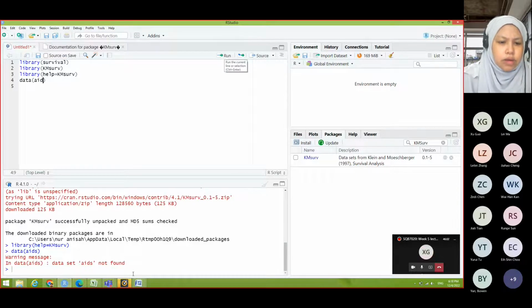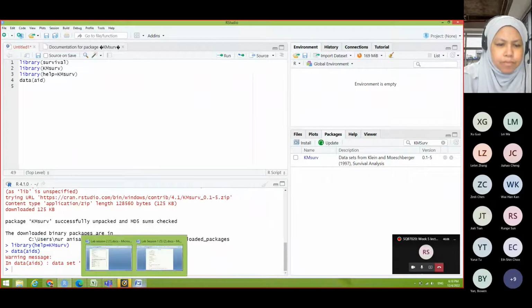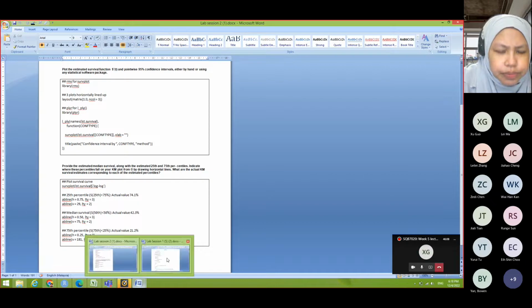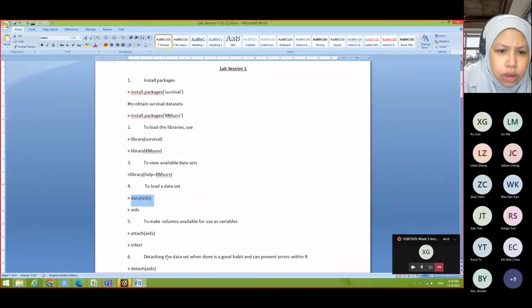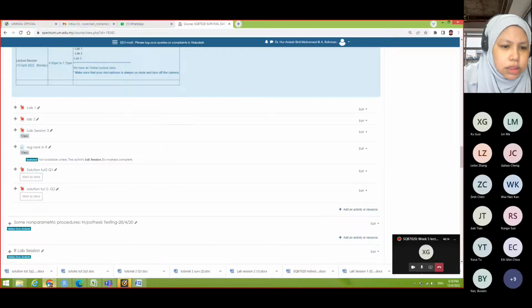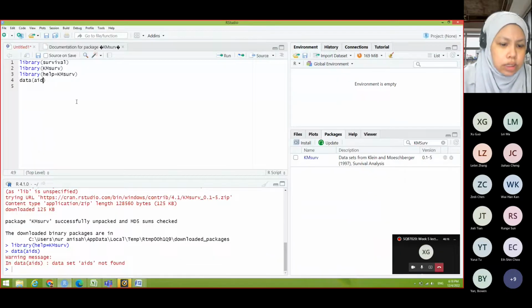Warning, data AIDS not found. No, not this one. It's supposed to be AIDS, right? Just have a go. Data AIDS and